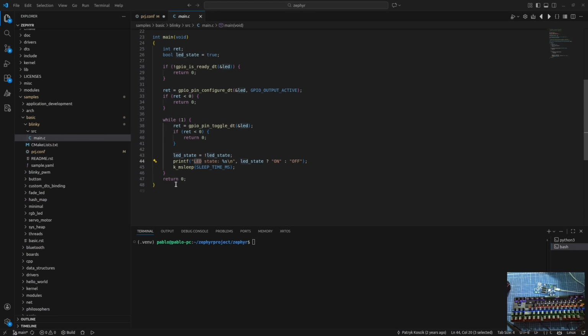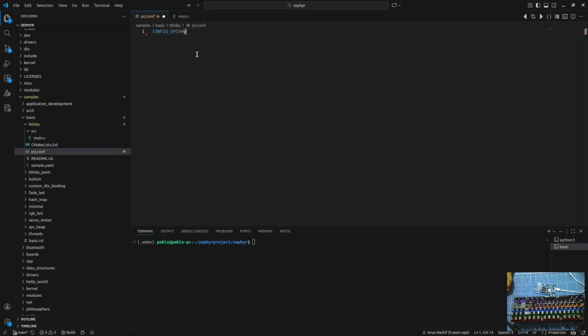To print this LED state in the terminal, we need to create some configurations in prj.conf. Activate CONFIG_CONSOLE, CONFIG_UART_CONSOLE, for example, and CONFIG_LOG.